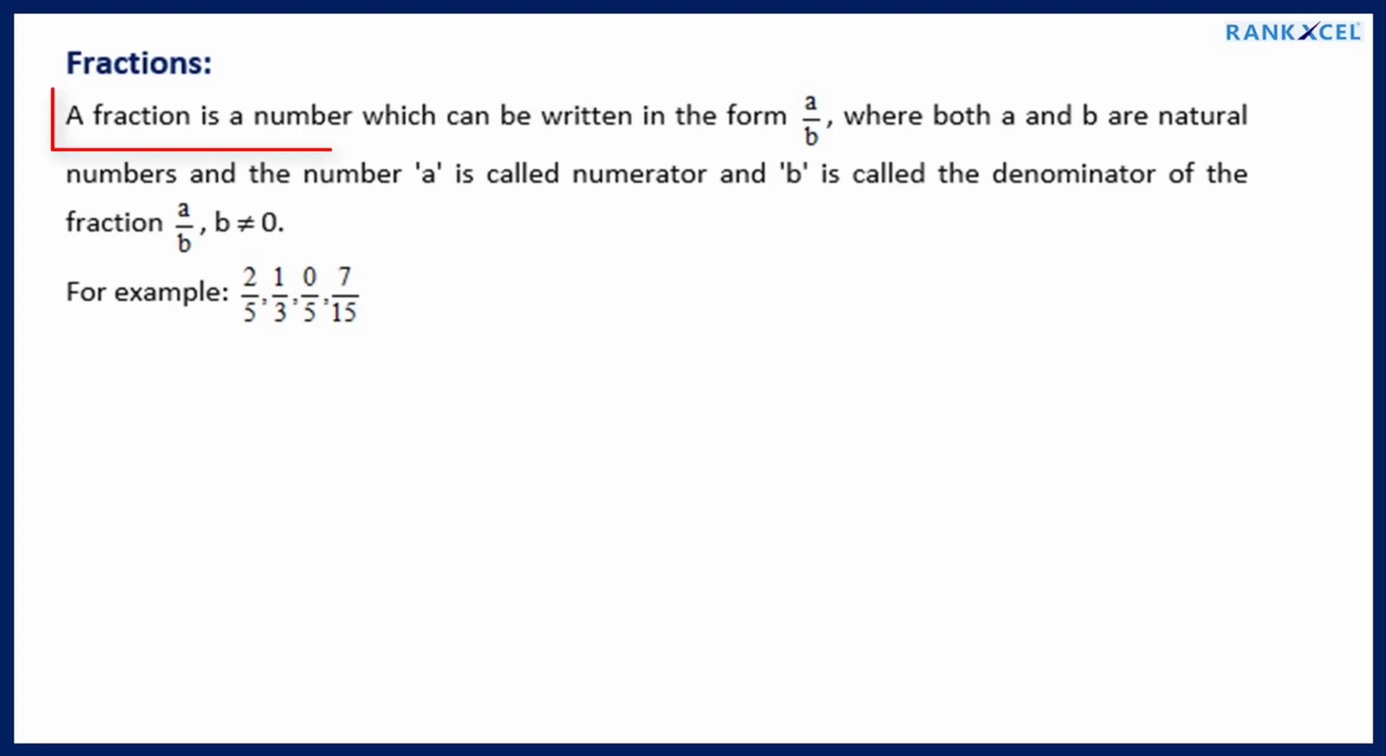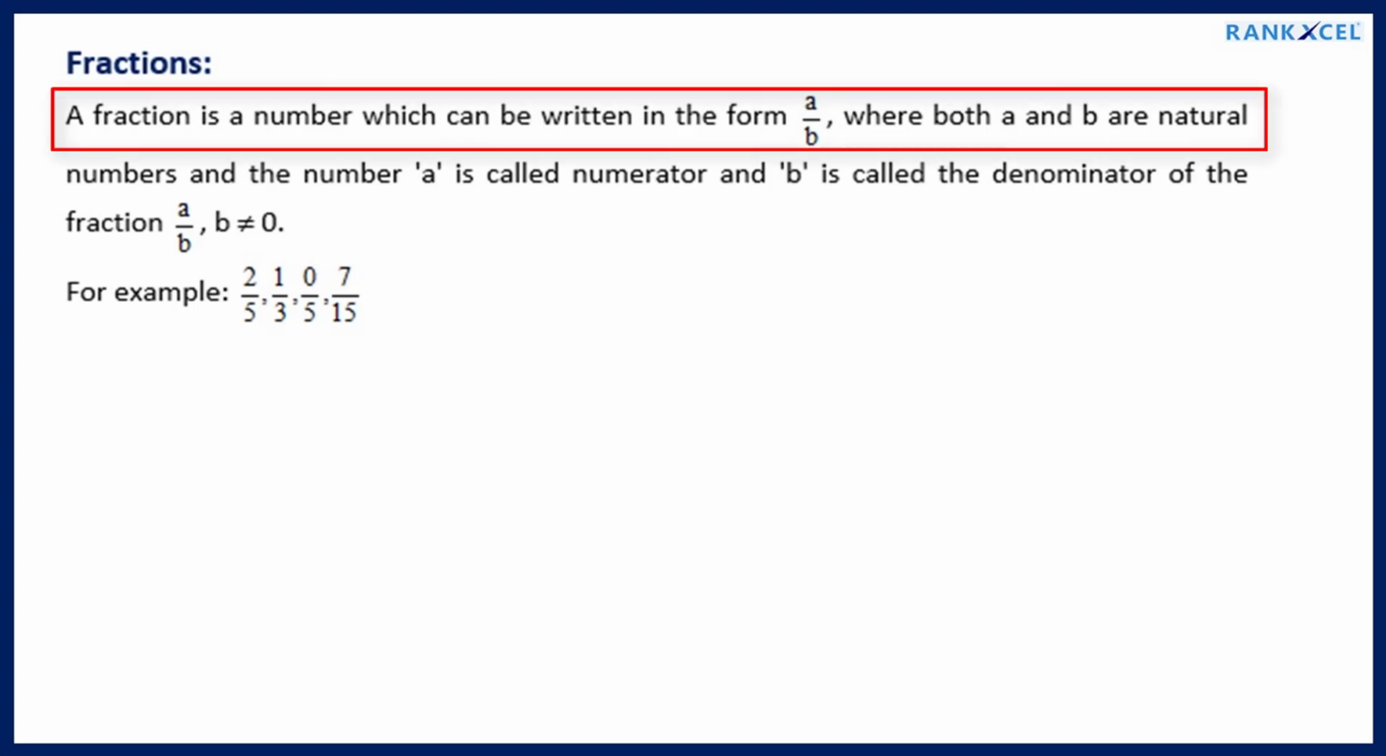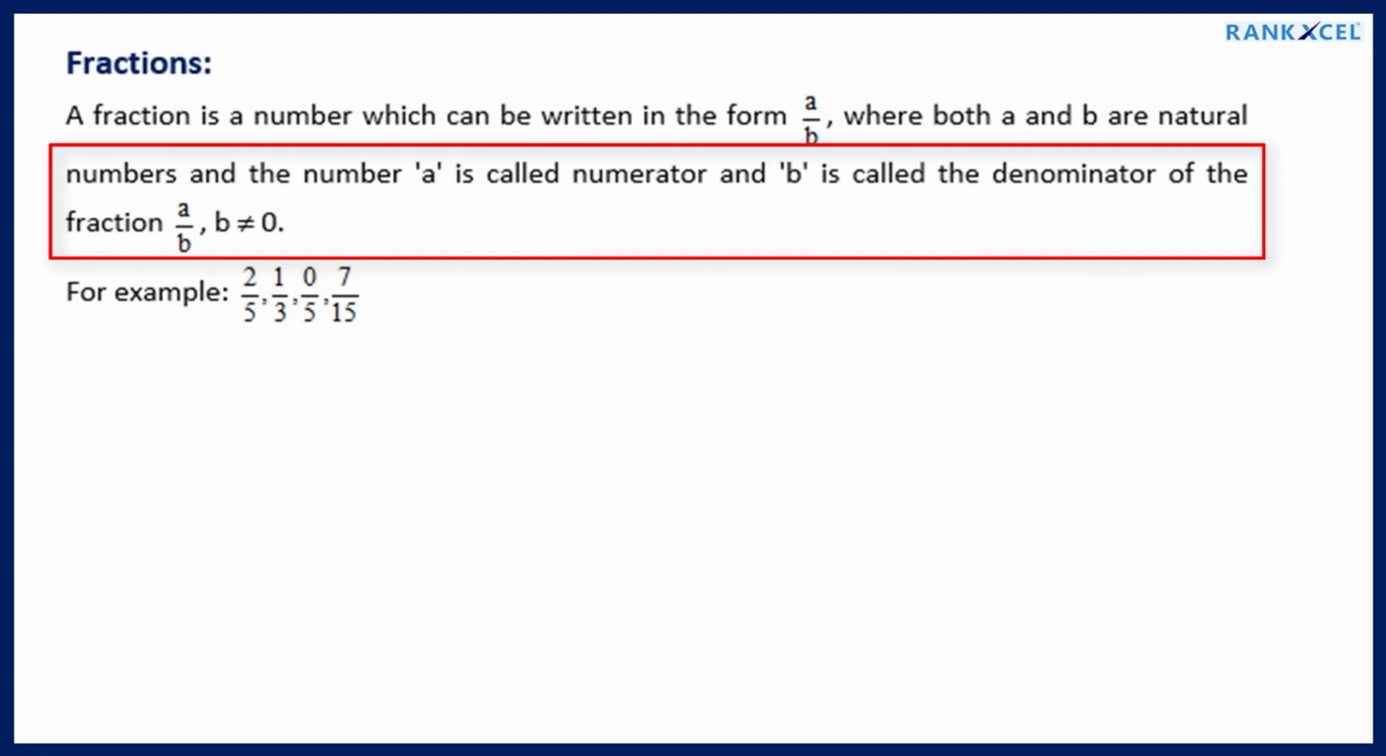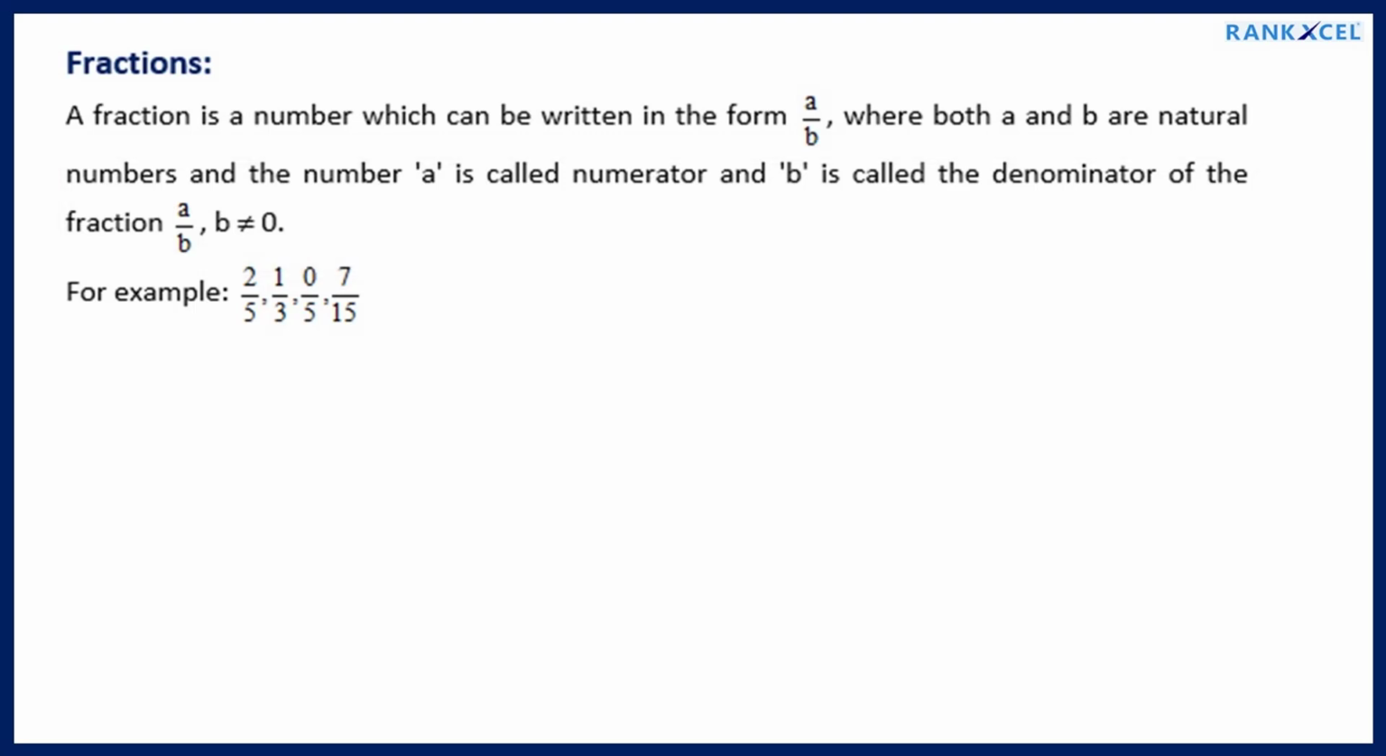Fractions. A fraction is a number which can be written in the form a by b, where both a and b are natural numbers and the number a is called numerator and b is called the denominator of the fraction a by b. B is not equal to 0. For example,